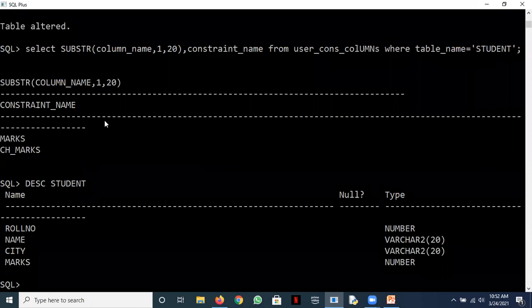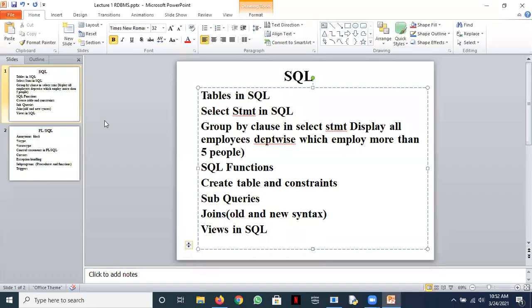Okay. So this is regarding the tables and their constraints. I think you people have worked with it. You can work with the tutorial sheets and come up with any problems. You can ask me. So any problems from your side? I'm waiting. Anything that you need to ask? I'm waiting for that.